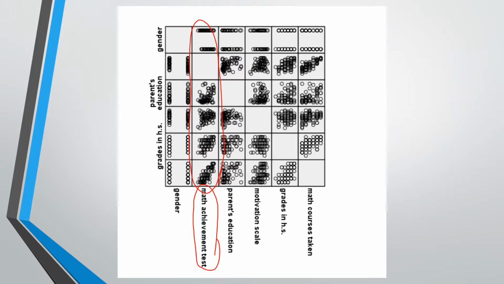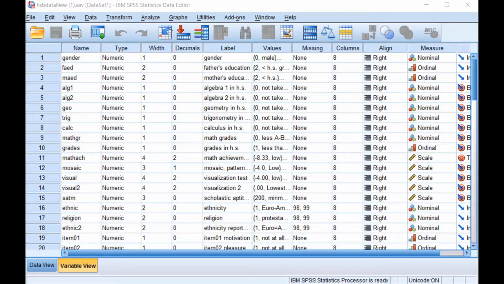So we can see from looking at all of these boxes that none of them have any type of pattern or form a curve of any kind. So the scatter plot shows that the independent variables are generally linearly related to the dependent variable of math achievement, and that assumption has been met. Now we're ready to run our hierarchical regression, and we will check for the rest of the assumptions with the